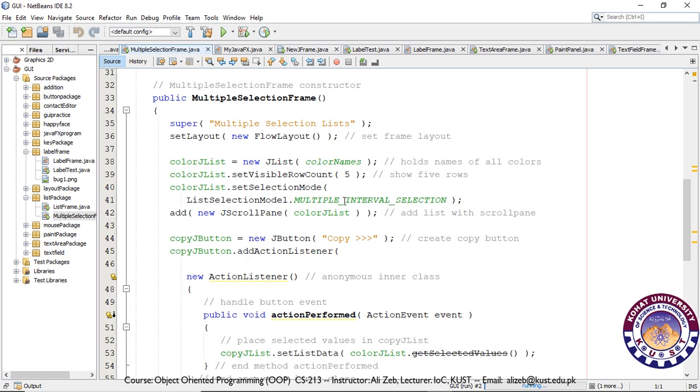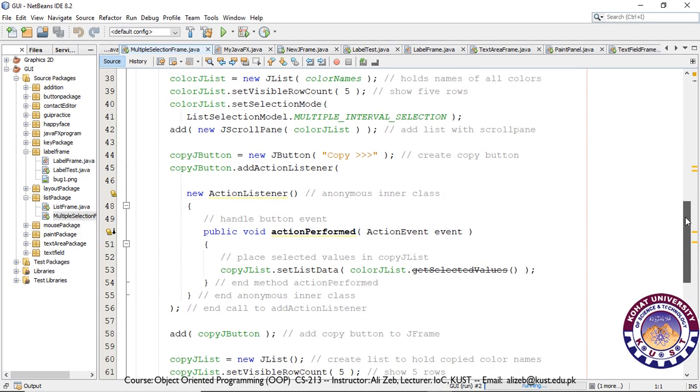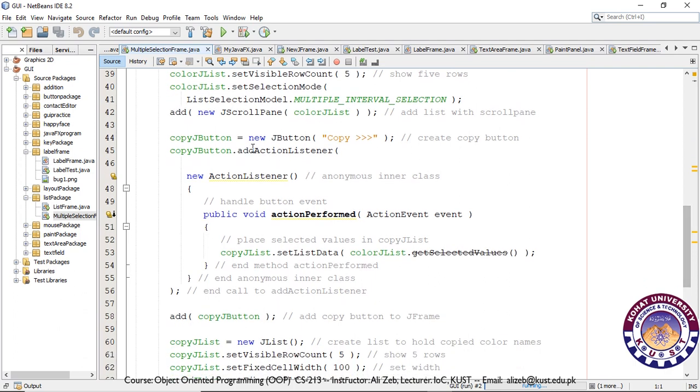And the selection mode in this case is multiple interval selection, so we can select any values from the given list, and then a JScrollPane is created and the list added to the JScrollPane, and all of these are added to our JFrame. So we add a button to our JFrame as well,